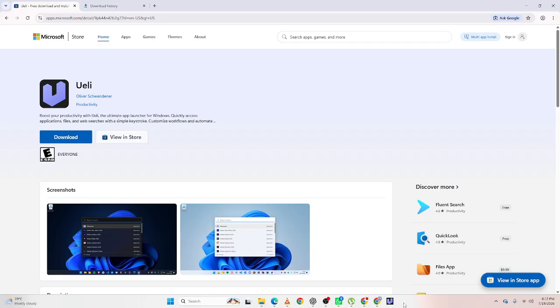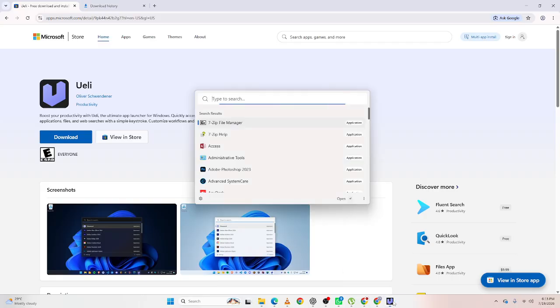Now delete or rename the main configuration file or the entire configuration folder. When ueli starts again, it automatically creates a fresh configuration using the default settings. Launch ueli normally. Because the previous configuration is no longer available, the application creates a brand new configuration with its